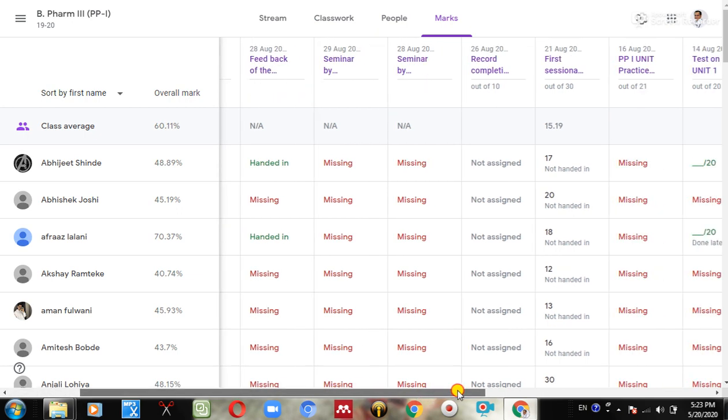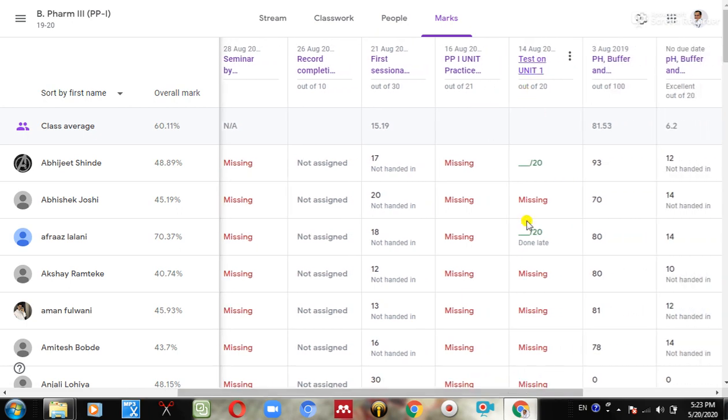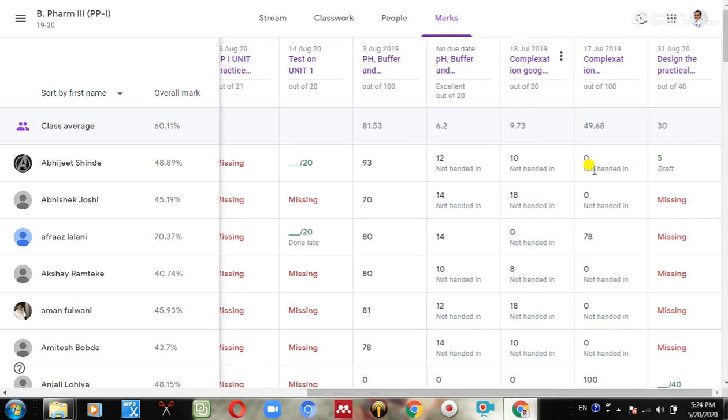Okay, so this gives us an advantage regarding the assignment and their marks. We just fill the marks in the assignment section, return to the student, and it automatically comes in the marks section. What we have to do is give the marks to the student, because we have created the assignment for 30 marks. Give the marks obtained by the student out of 30 and return the marks to the student through Google Classroom. So it can be automatically seen over here. So this task of generating data is minimized through Google Classroom.